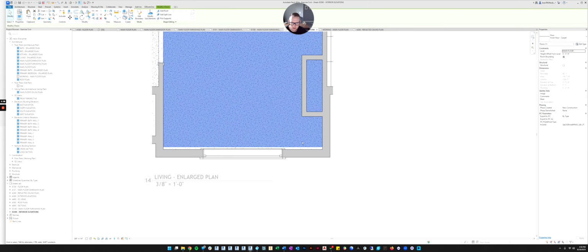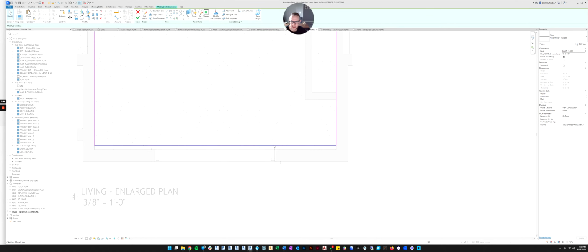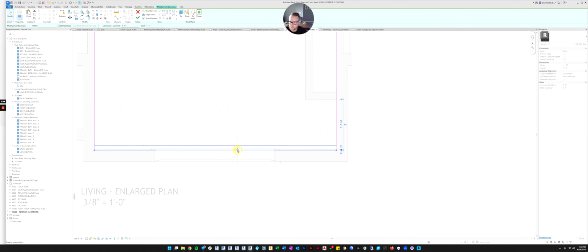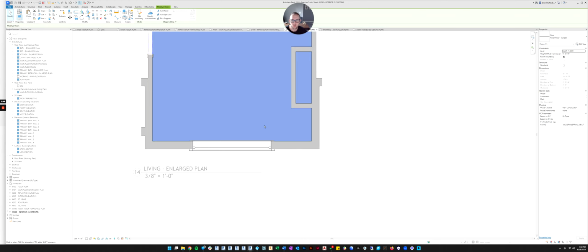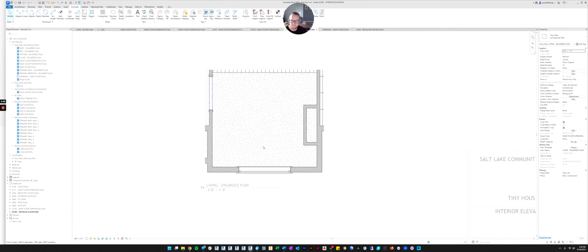So now things look nice. Something's up with our floor. It looks like our finished floor is carpet. It's not all the way to the wall. So let's edit that real quick and drag it to the wall. Yours is probably not like that. Looks like I just made a mistake. So here's our enlarged living room.